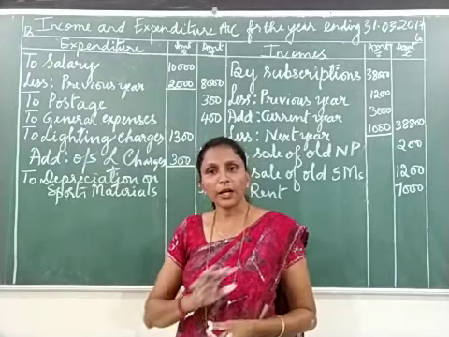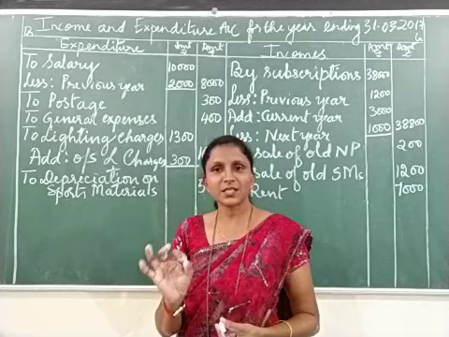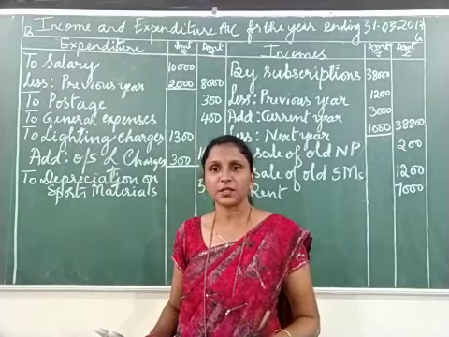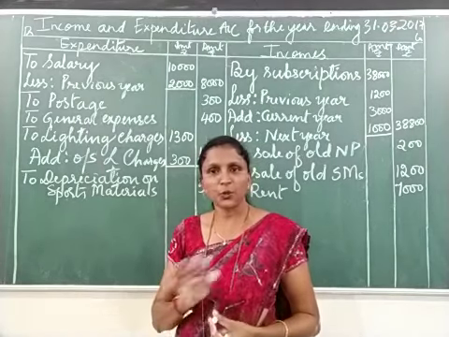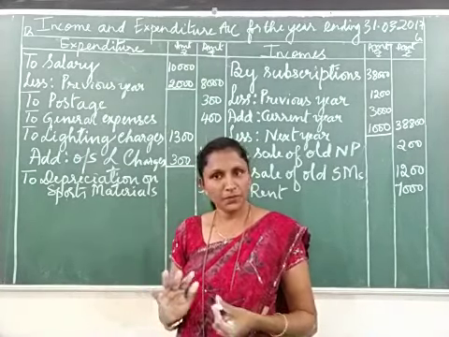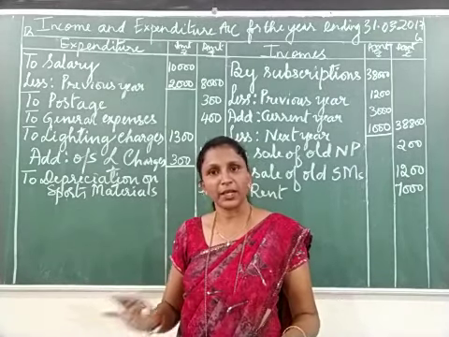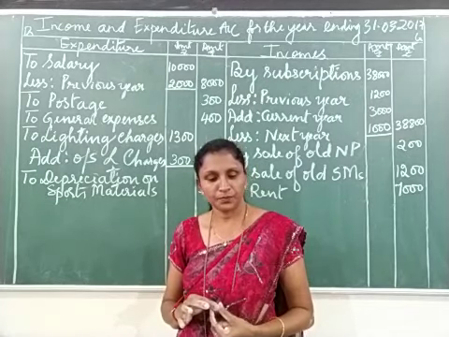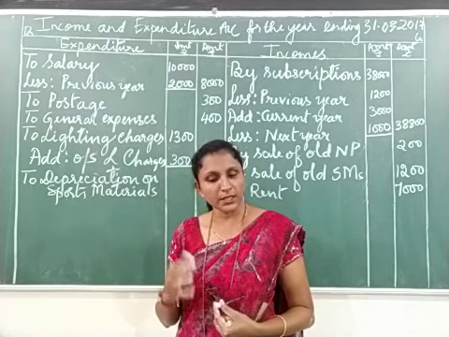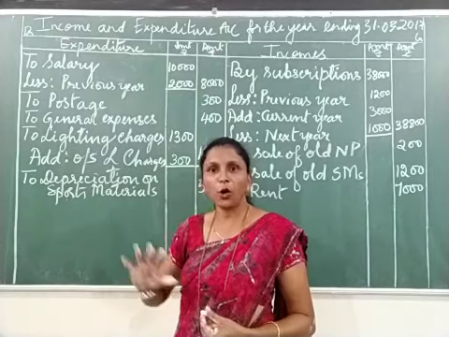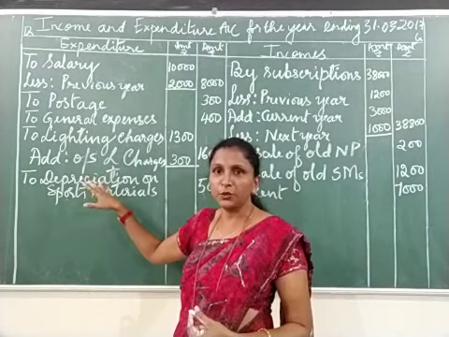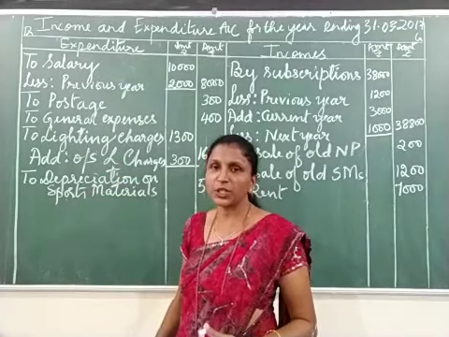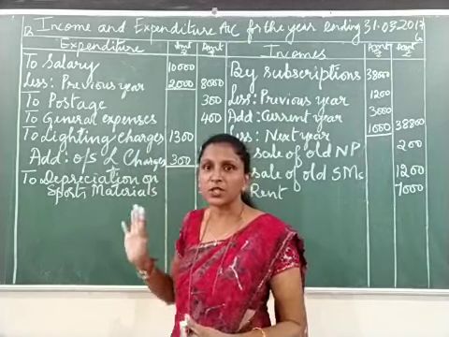Fourth one, it is not actually an adjustment. It is just a statement. You just see this. They have just said capitalize entrance fees. It is a statement or it is a note. So we don't consider it as an adjustment. So don't put the tick mark to that. Leave it. Okay. Next one, number 5. Outstanding lighting charges, that is recorded. So I think all items which are revenue in nature, we have recorded from the receipts and payments account and adjustment. So that is over. So recording the items is finished.